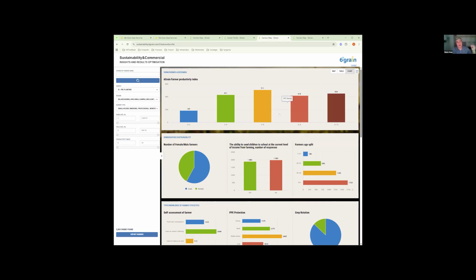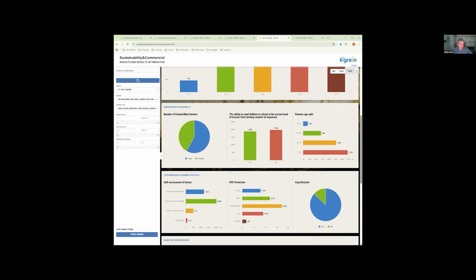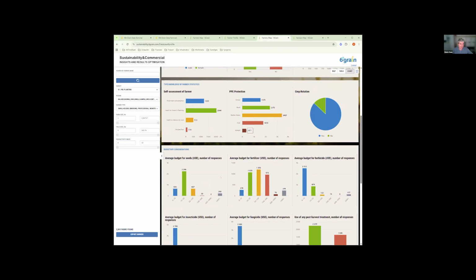So how well are these farmers performing over the last years, and currently in the season? This could be used as a credit ranking score input, where we can work together with you to define what the credit ranking should look like. And all other sorts of slicing and dicing you can do here in terms of budget and fertilizer used.